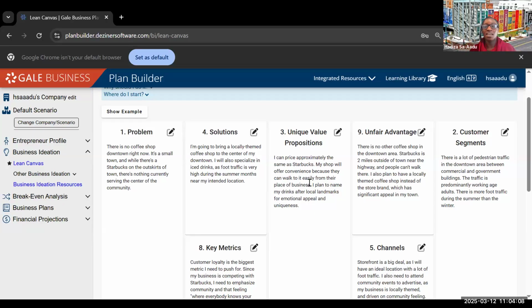What is the change? So in this particular example, the entrepreneur said, I can price approximately the same as Starbucks. My shop will offer convenience because they can walk to it easily from their place of business. I plan to name my drinks after local landmarks for emotional appeal and uniqueness. So, once we've gotten to number three here, we see that the entrepreneur has identified a target segment, and that is people who are working in the commercial business. Or I could be reading a little bit too much into that. But when they say people,